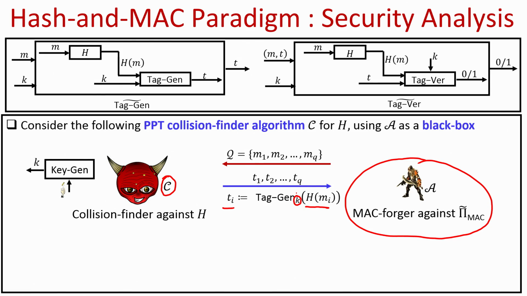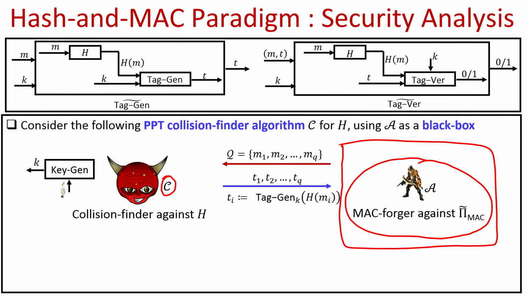So, if we see what is happening in this reduction, from the viewpoint of this MAC forger, the probability distribution of the information that it is receiving from this collision finder is exactly the same as this MAC forger would have expected by participating in a real instance of the CMA game against the composed MAC, because in a real instance of the MAC CMA game, what basically the adversary would